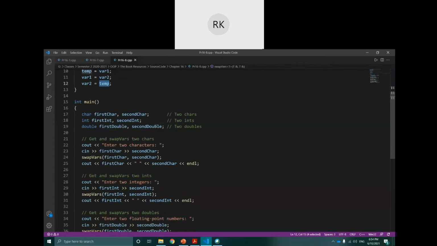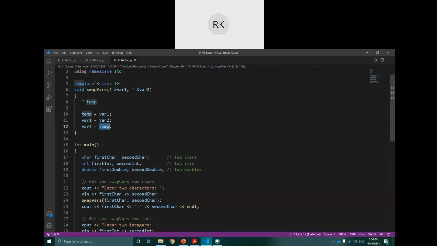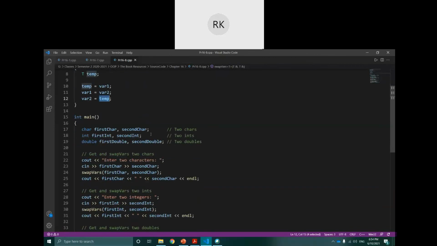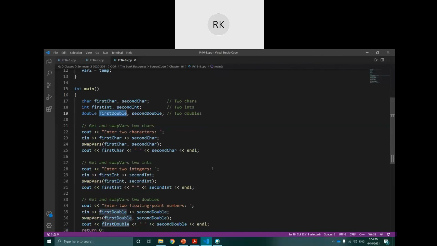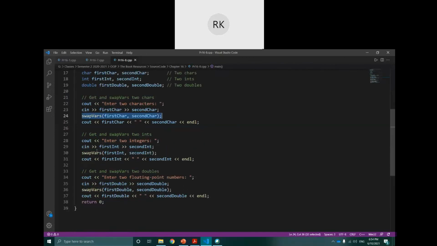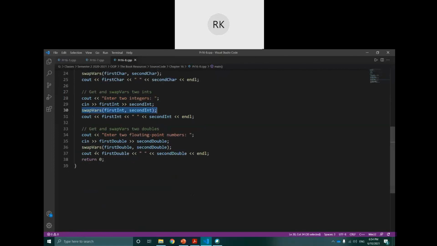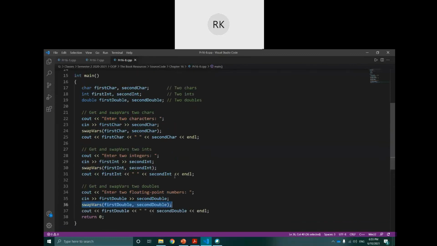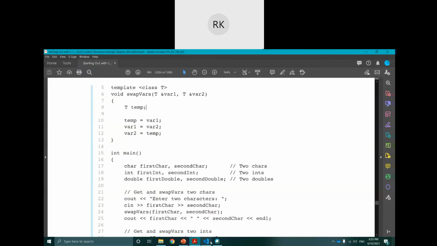Now you can call the same swapping template with character, with integer, with double. So three different types: swap character, swap integers, and swap double. So template is one, and we can swap three different types of values. Again, if you don't use a template and you use functions, you must type three different functions to do this functionality. I hope it is clear. Or should I run it? Let's run it.